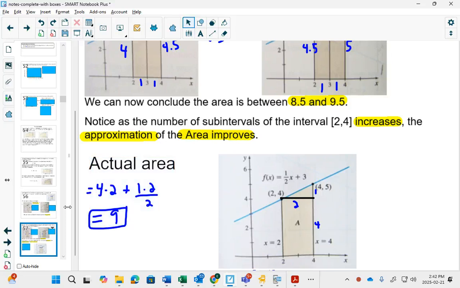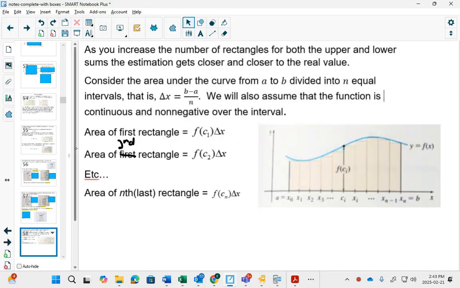Okay, and we know the actual area is 9. Now this one we could find the actual area because it ended up being a straight line which had a triangle, so it wouldn't be problematic. Everybody good? So as you increase the number of rectangles for both the upper and the lower, the estimate gets closer and